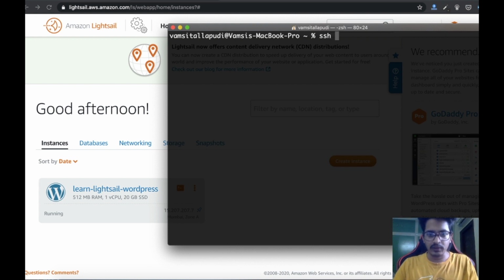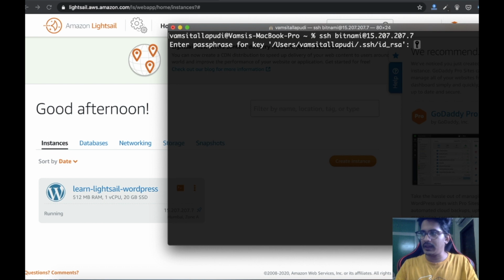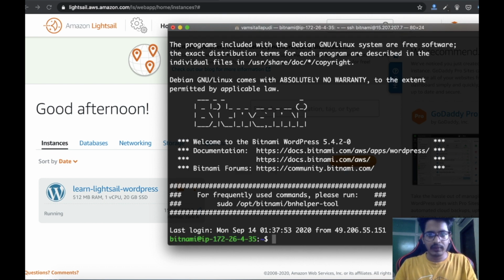The SSH username is by default bitnami at whatever our static IP is, 15.207.207.7. It will ask for our SSH key password, so I will be entering it. This SSH key is nothing but what we uploaded during our WordPress Lightsail instance creation.